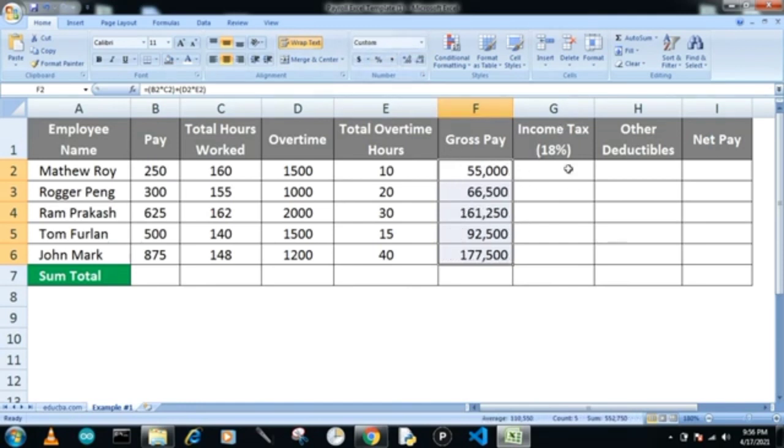Now the income tax, how can we calculate the income tax? We have to deduct 18%. So how can you do? You have to just write equals to, and you have to select the first cell, then multiply, and for 18 you have to just write the 18 and then the percentage symbol. It will automatically calculate in percentage. You have to just drag it down